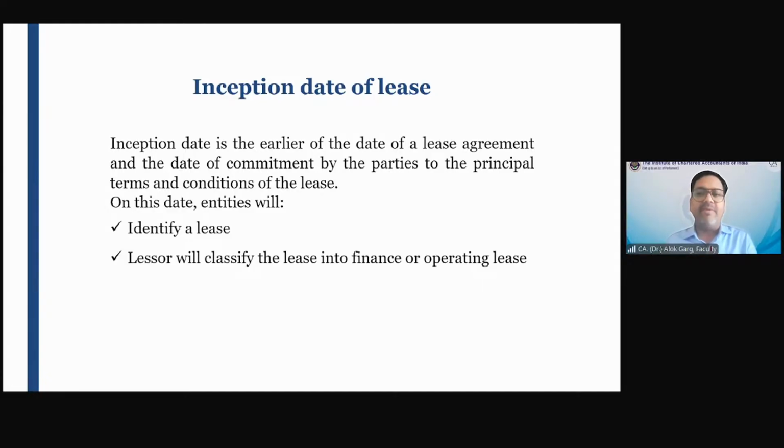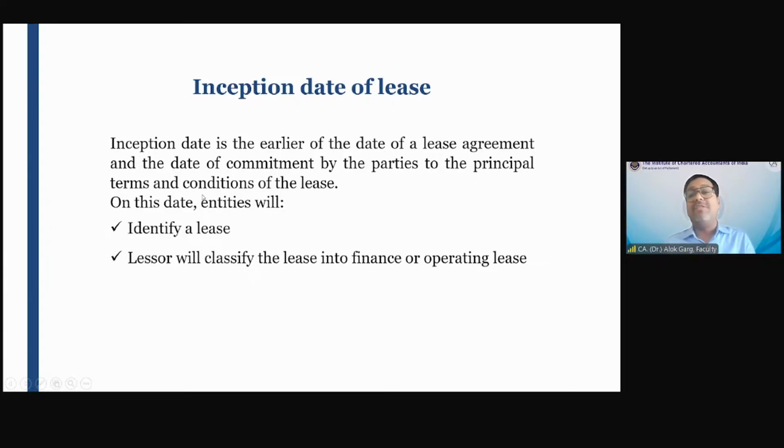And believe me, I'm not talking about myself. All the faculties have an academic experience and the faculties have industry and practice experience as well. And the faculty knows where the students make a mistake, because the faculties are not associated with ICAI only. Like I am associated with ICAI, and outside ICAI also. I am associated with a few universities, and I'm also associated with overseas bodies. So my request is to tell your friends to get the benefit from these classes as well, like you guys are getting benefited.